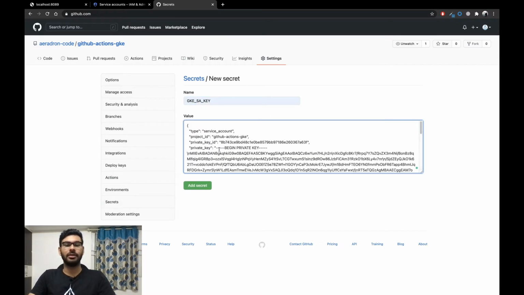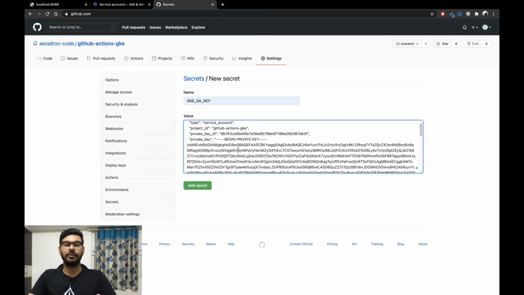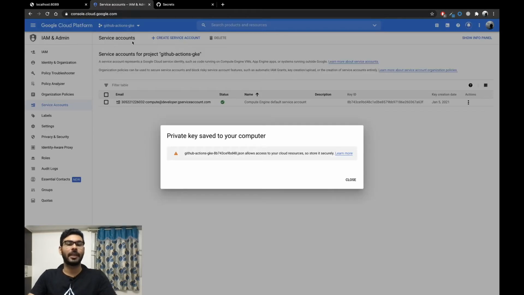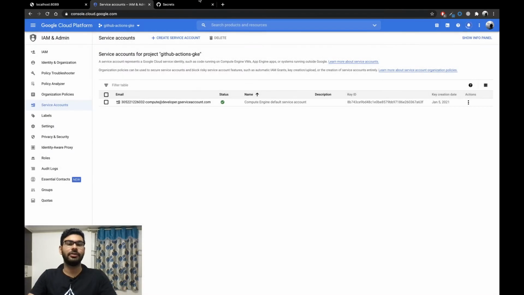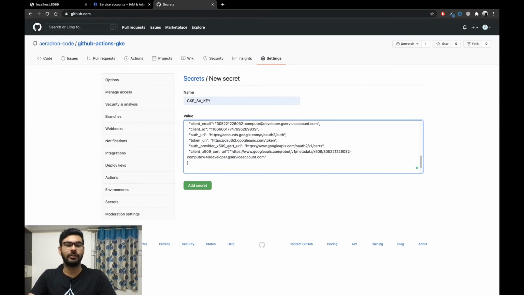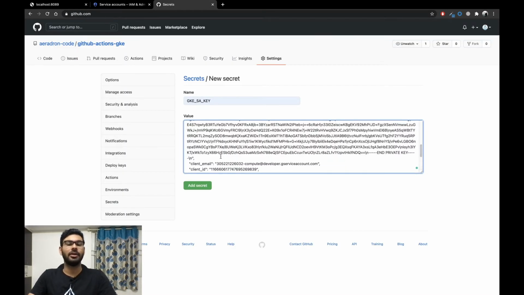So this will be the certificate that will be used to authenticate your request from your GitHub Actions to the cluster. So this is the account that will be used, and this is the certificate. As you can see, there is a certificate. So this is what will be used to connect. So you add this secret,